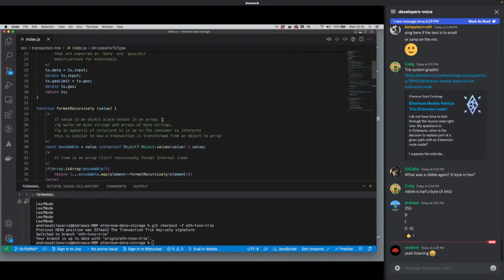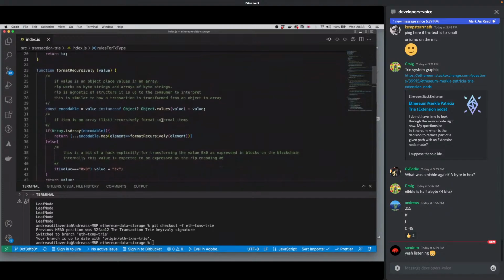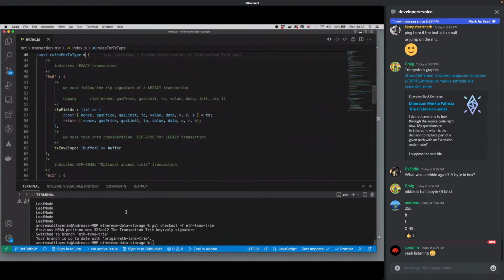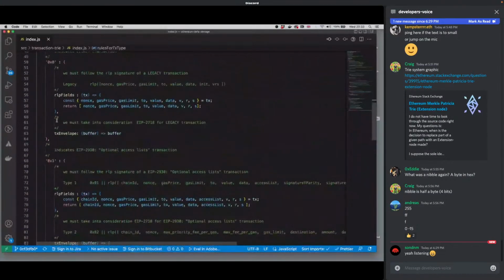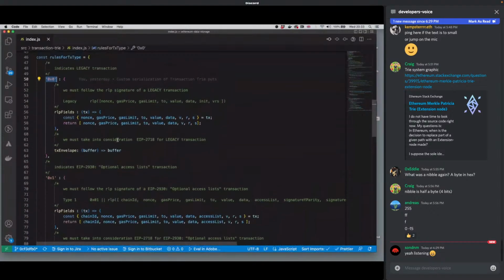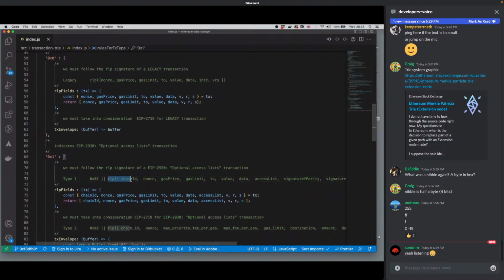And what the transaction library was doing for us was effectively, internally, what I'm doing manually over here. I've created a dictionary with some methods which are different for what type of transaction type it is. The EIP which explains this new transaction type pattern is called EIP 2930, and what it effectively does is